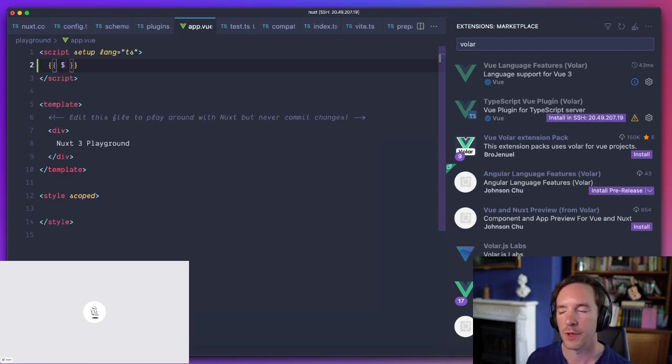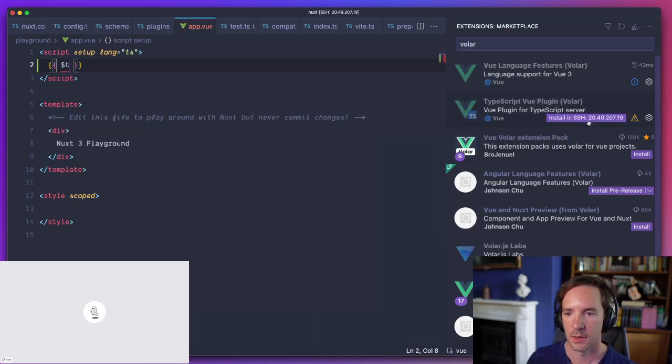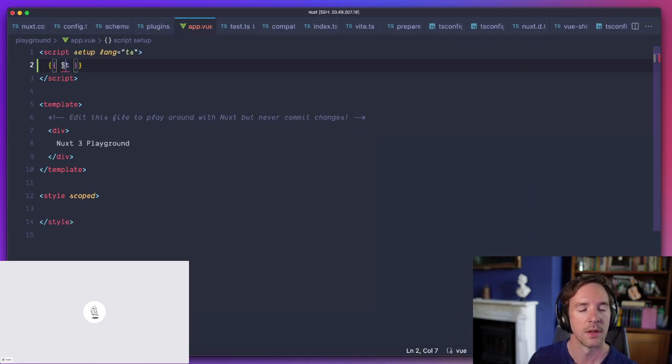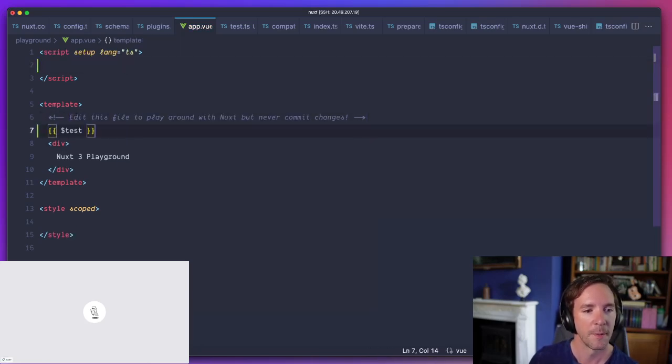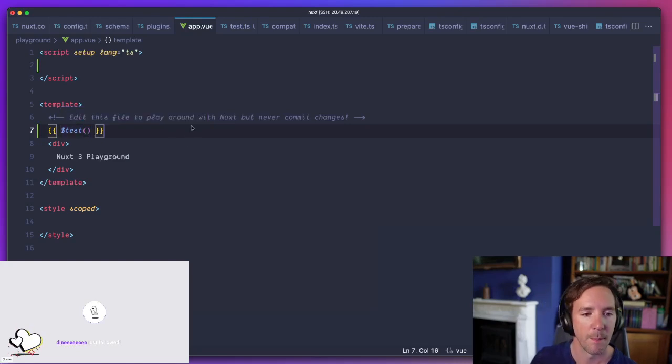All these injections are prefixed with a $ sign, which is a sort of tradition from Vue 2 days particularly. Is it still loading? Oh, I'm not typing it in the template. I'm typing it in the script for some reason. So basically, we would have access to the type there, and you can actually see that it's sort of inferred properly and works its way through.